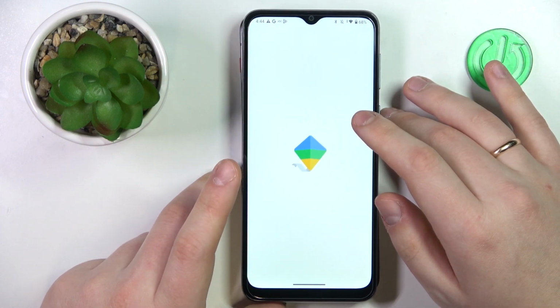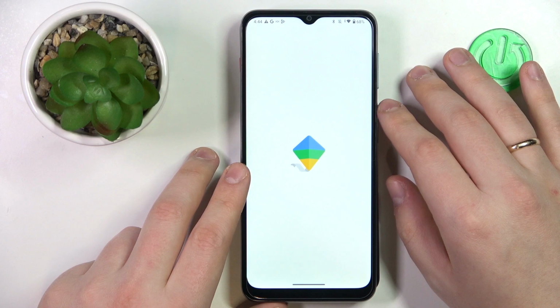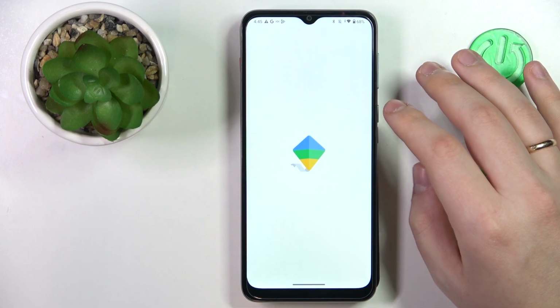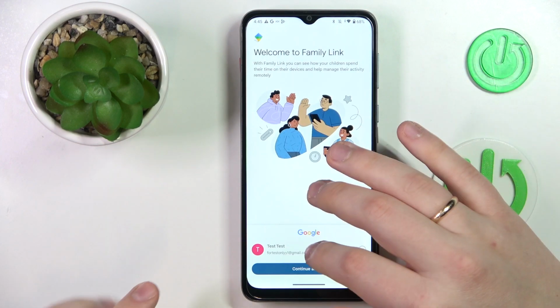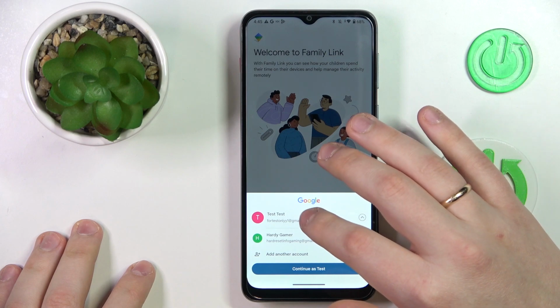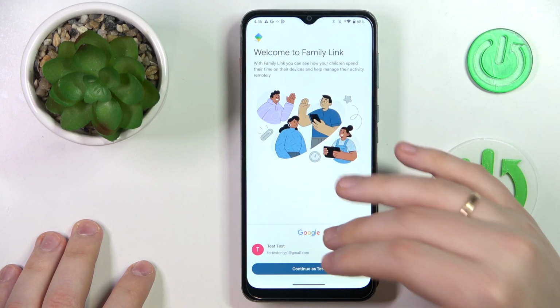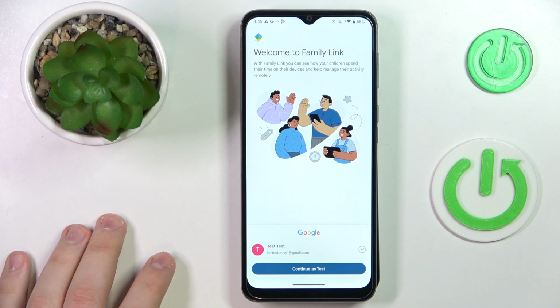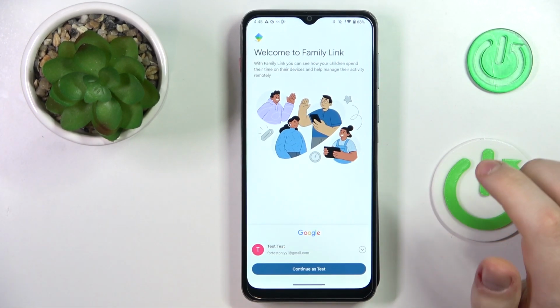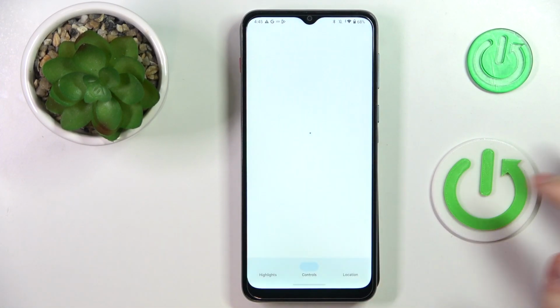Upon installing, launch the app. In here, make sure to use the parent's account at the login page, the one that we have earlier identified as the parent's Google account, and just continue